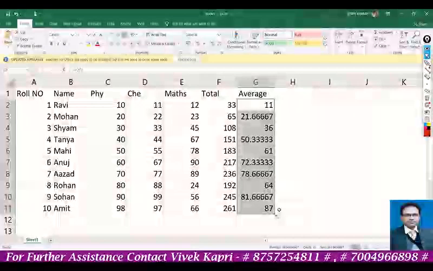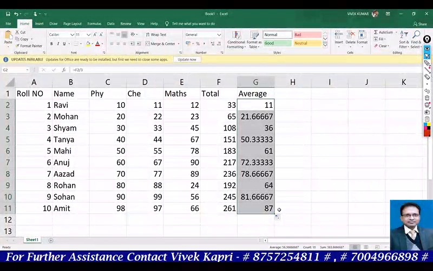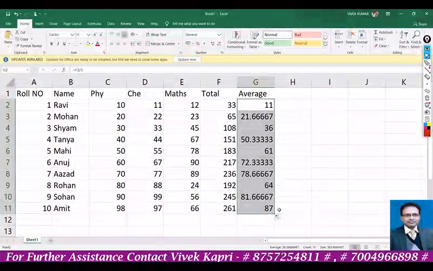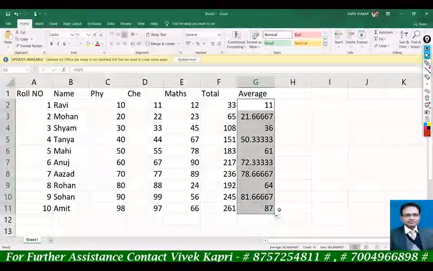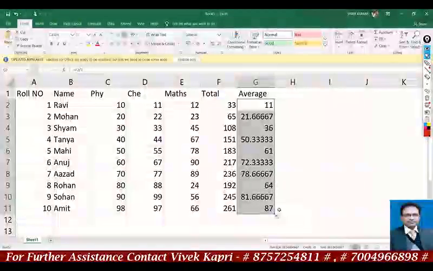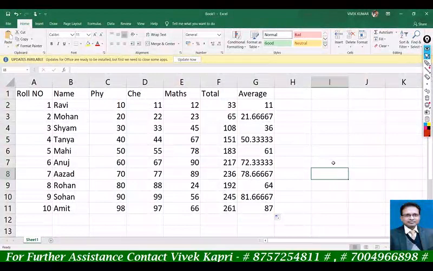Clear? So in this way we can do simple and different types of calculations in MS Excel. These are the basic concepts which are very necessary before starting the further topics of Excel, and in the next video we'll discuss the most important topics related to this chapter, the different types of references. First of all, you practice at home and watch this video very carefully. Okay, and then in the next video we'll discuss a little bit more. Okay, thank you.